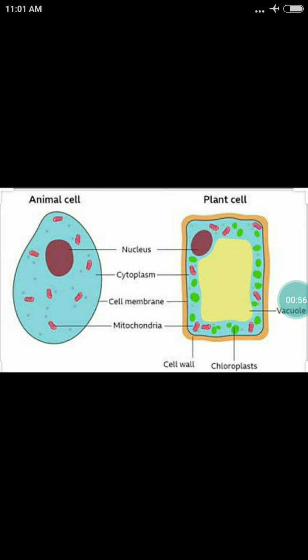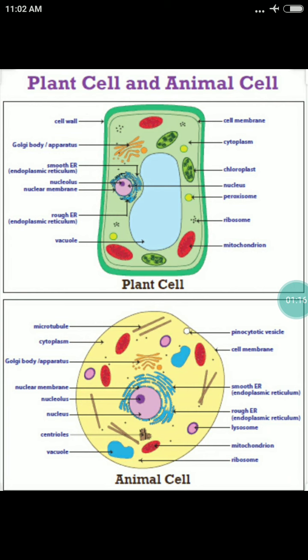Cell membrane separates cells from one another and also from the surrounding medium. It serves as a boundary that separates the contents of the cell from the outer environment. It is composed of proteins and lipids. In plant cell, an additional layer surrounding the cell membrane is called the cell wall. A cell wall is made of a rigid, non-living substance called cellulose and provides protection, shape and support to the cell.